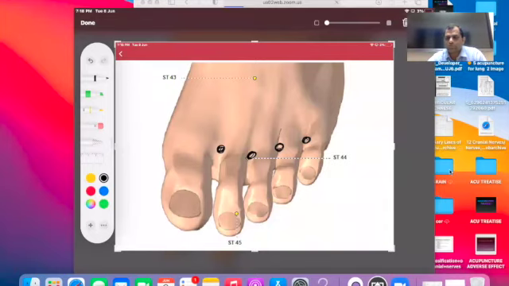We are focusing on the basic points because these points we have to stimulate for every patient, whatever the problem is. Then we will add points as per the problem. Suppose someone tells me, doctor, I have neck pain. Then we will stimulate the point for neck pain as per the dermatome, whichever part is involved. We can stimulate once a day or even twice a day.